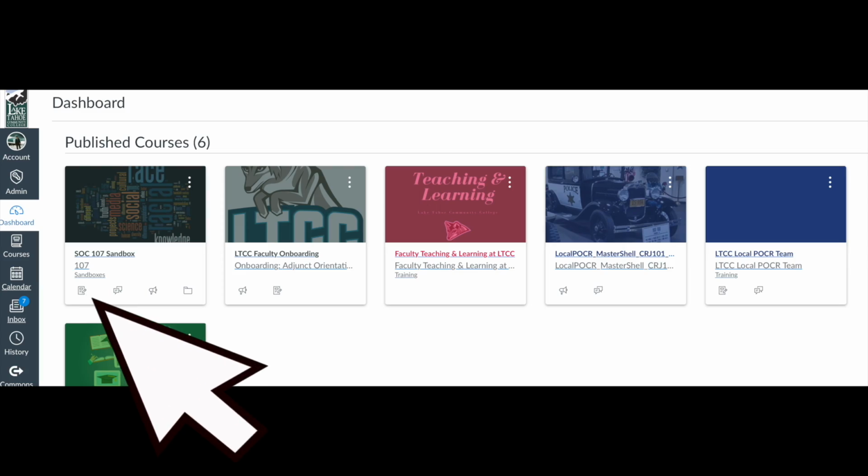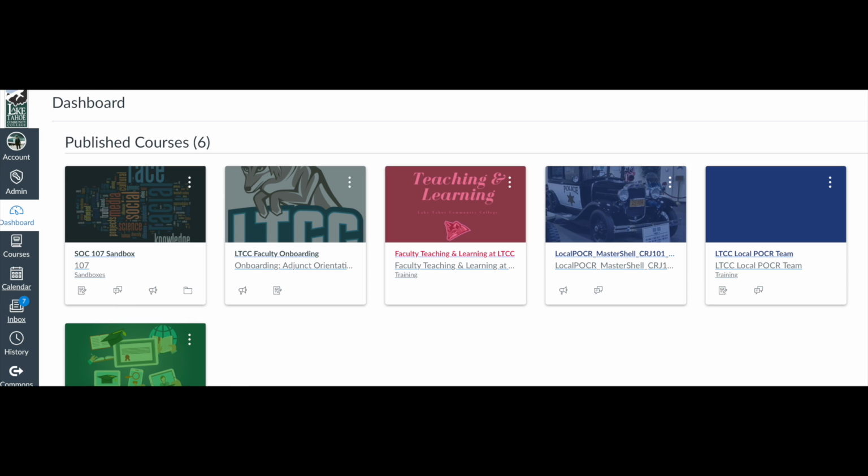The other thing that you're going to note when you work with this is that classes also have icons. Those icons on the tabs allow you to quickly navigate to key sections inside of your class like assignments, discussions, announcements, and files. As well, I will show you how to customize the color, the view of your tile,